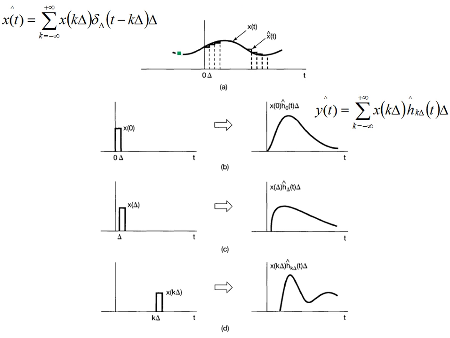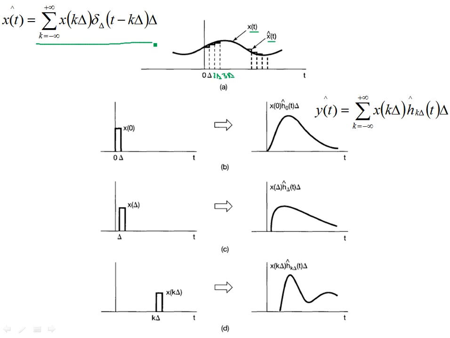This black solid line represents x(t), the continuous time signal, and x hat of t represents a staircase approximation. What you are doing here is approximating the continuous time signal in terms of pulses, and these pulses are evenly spaced. You have 0 to delta, the first pulse, then twice delta, then 3 delta, and so on. This continues up until k delta. So if you sum this up,